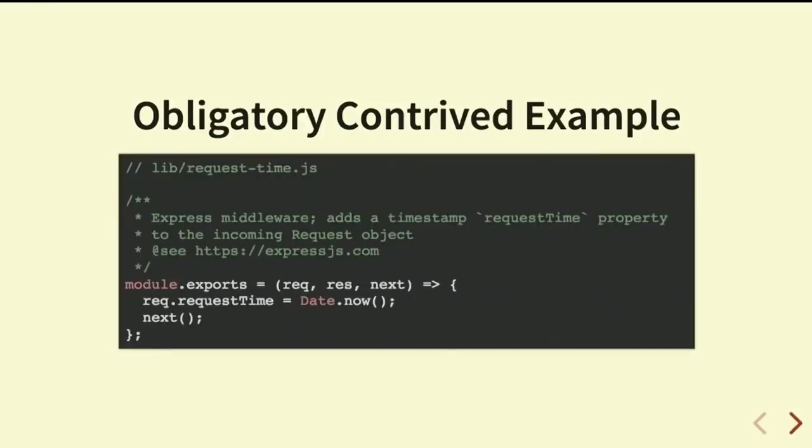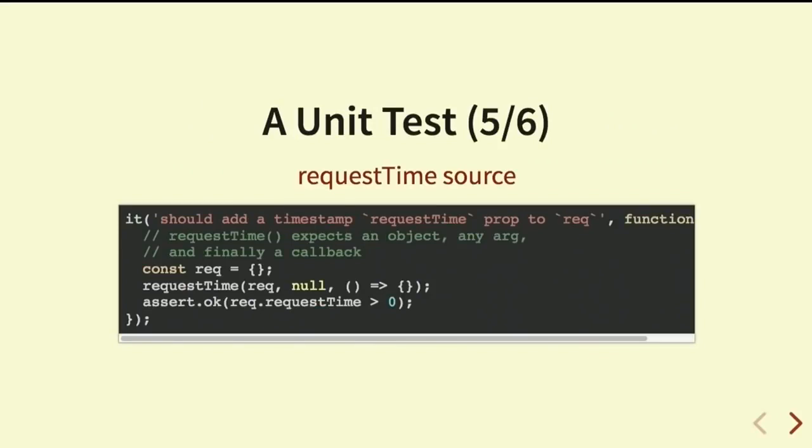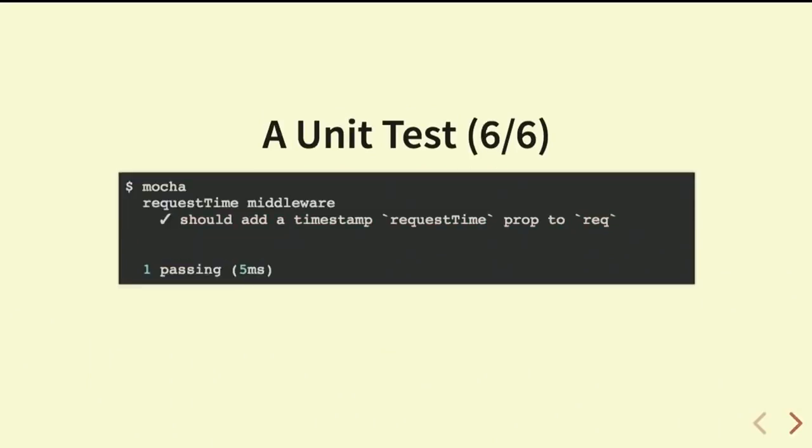So let's take a look at that request time source again. What can we give it? We could do it like this. We have that empty object again, and it needs a second parameter. We don't use the second parameter for anything, but it needs something in there. So null, or void 0. It could be anything. It could be foo if you want. It doesn't use it. Doesn't matter. But the third parameter is a function. It simply calls the function, so it has to be a function. That function doesn't have to do anything. Then we assert that the request time property is greater than 0, and run it again, and great,